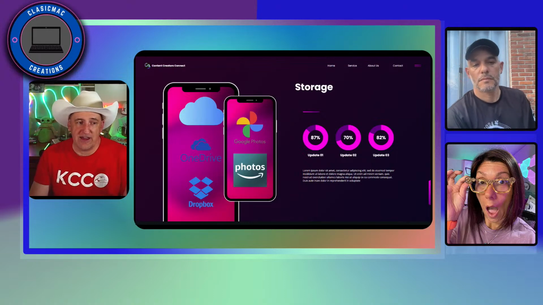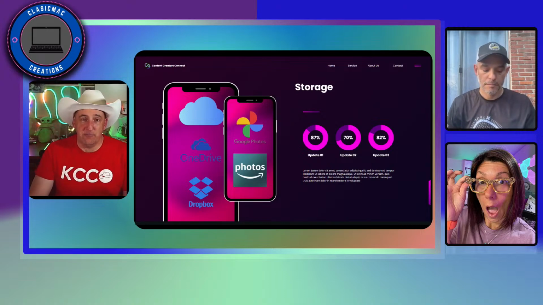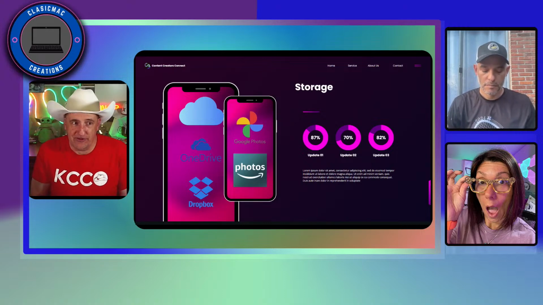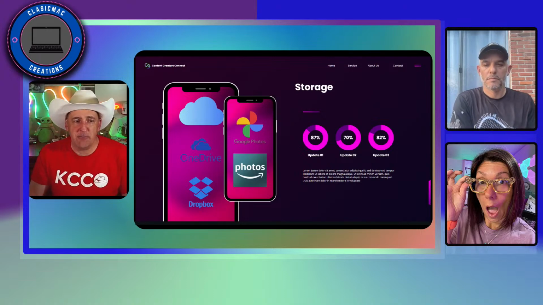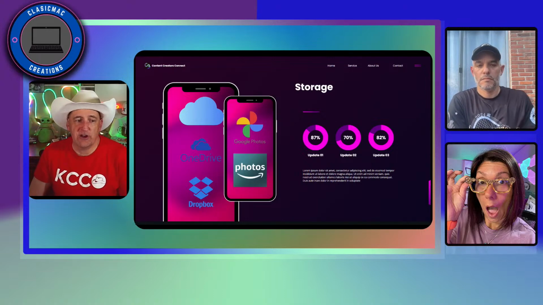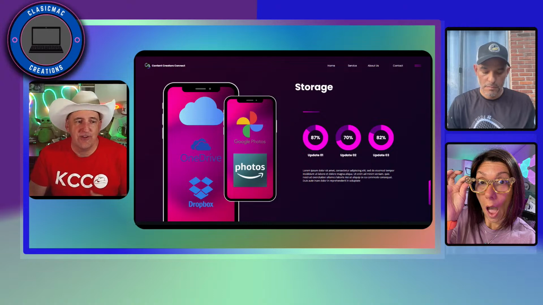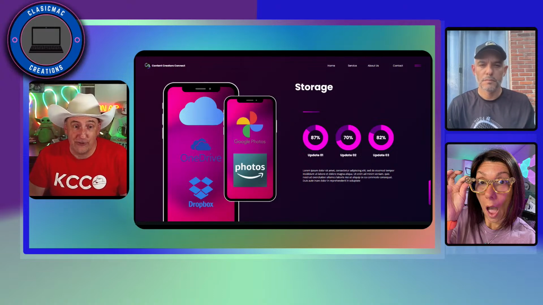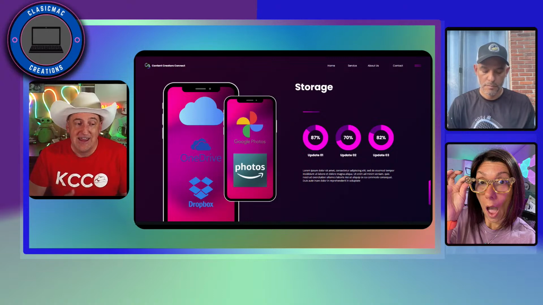Another thing similar to that, Amazon Photos. I'm not sure how many people know about this service. It's a free app to back up, share and organize your photos and videos. All Amazon Photo customers get 5 gigs of full resolution photo and video storage. Prime members have unlimited photo storage. So not sure if people were aware of that, and 5 gigs for video.